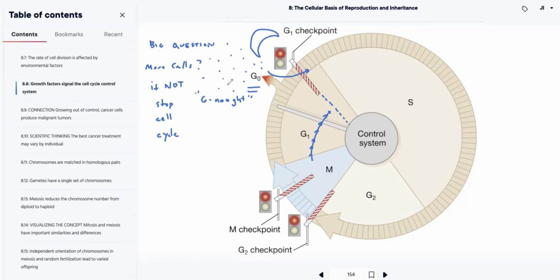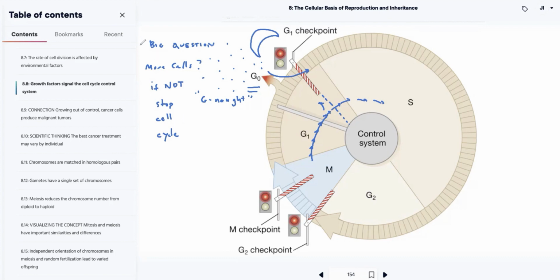And so that would be an ideal, easily conceived situation in which some of those cells that were in G0 would be allowed past the G1 checkpoint, and then they go into the S phase, and then they continue on through the cell cycle, right? But yeah, this is a point in which we can either take a left turn and go into G0, or we can continue forward and go into the rest of the cell cycle, right?